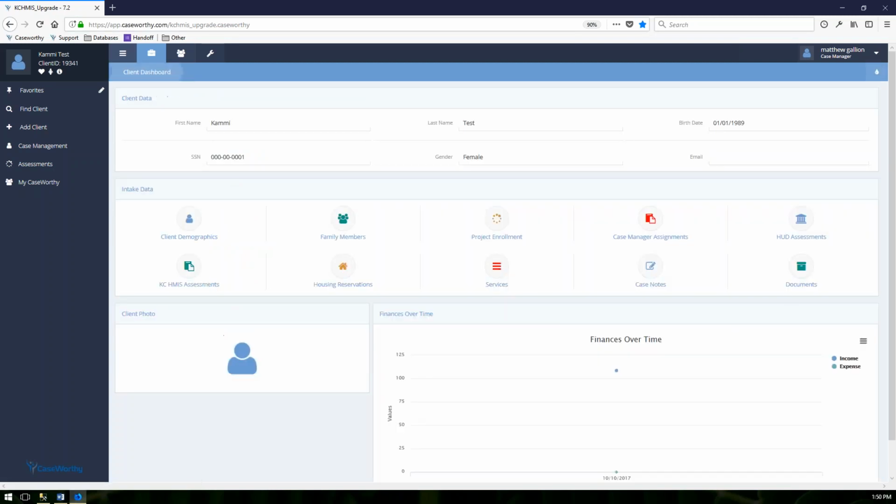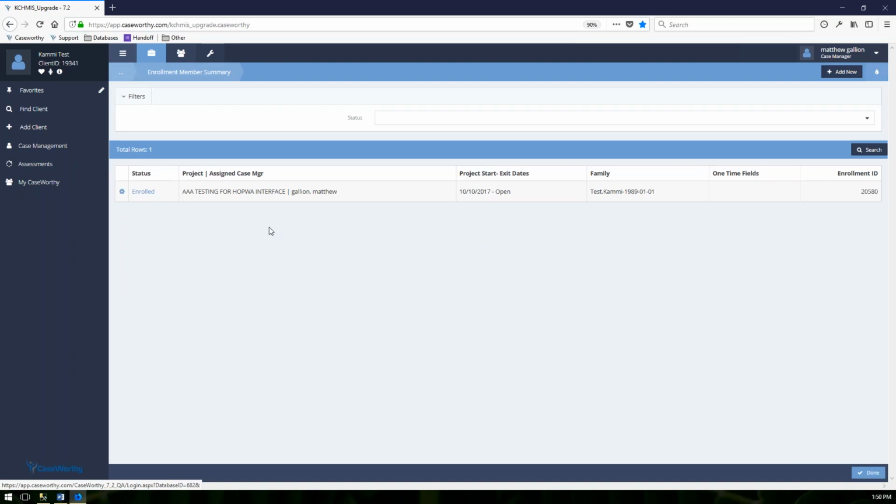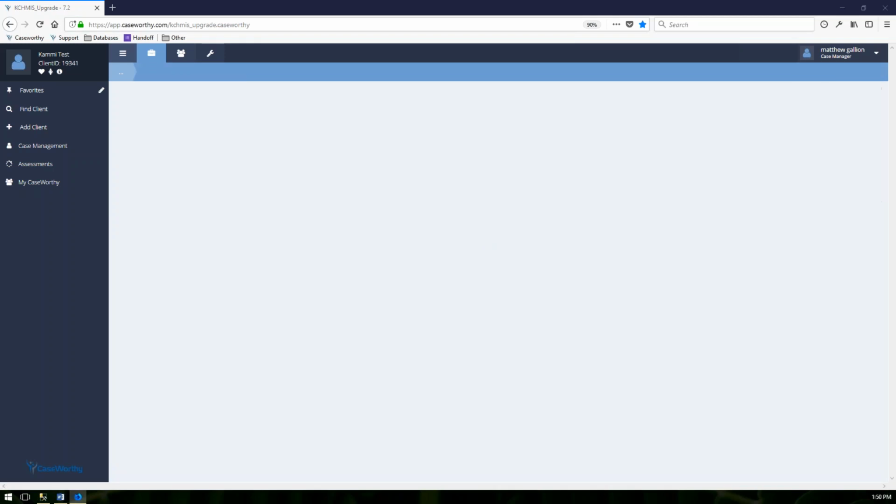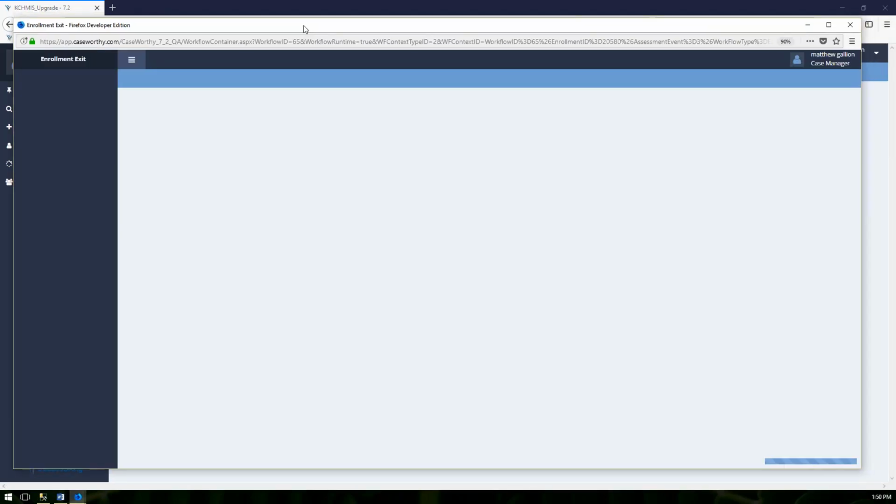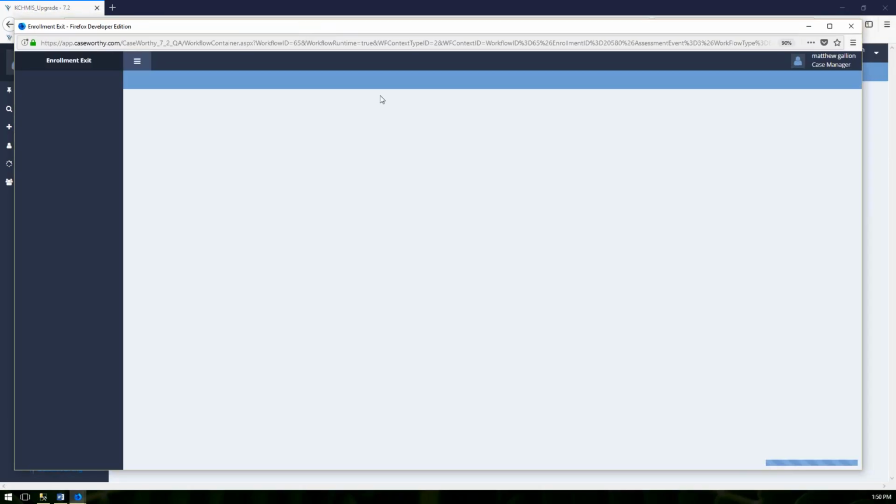Okay, once my client is enrolled and I've been able to verify all of the appropriate components, maybe make any updates that need to be made, back on that project enrollment form, just so you're aware of how the process I mentioned earlier is built to function. The best way to exit a client and a family from a program is to select the enrollment status and then complete the exit assessment. So this will trigger a new workflow. This workflow includes an assessment step